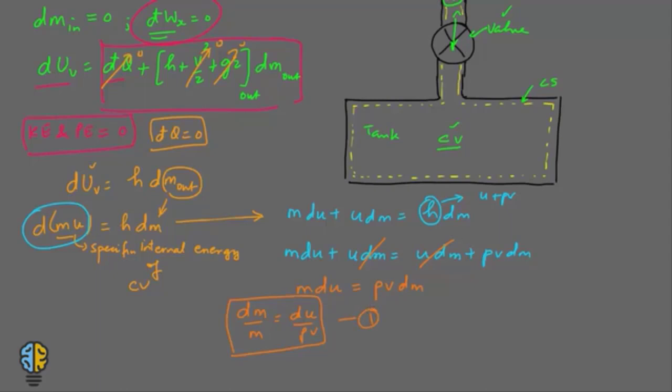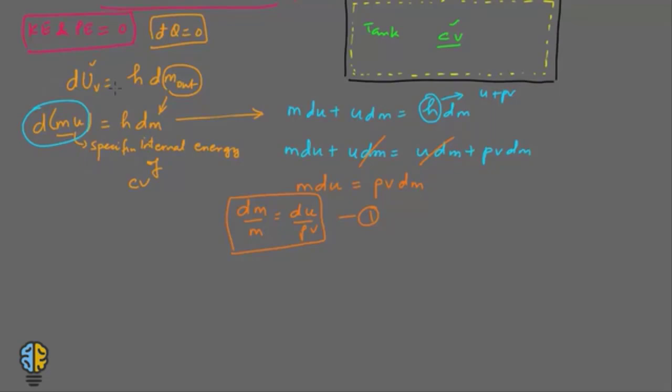Okay, now the total volume is equal to capital V, and this is equal to mass into specific volume, and we know this is a constant value. This is not changing. So if you find the differential of this, you will get d of small m into small v, and this is equal to 0.